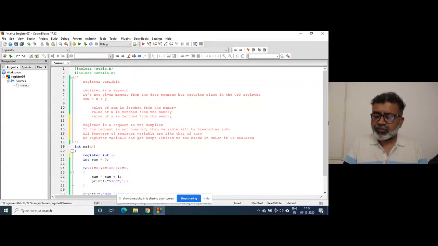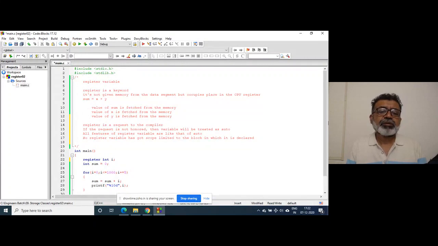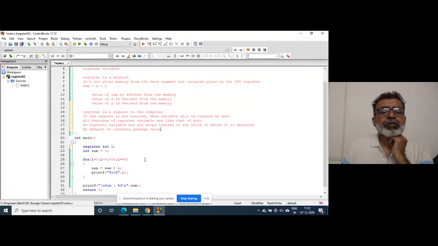Life is the same as an auto variable: the variable will be no more when control goes outside that function. The register will be gone. Similar to the auto variable, by default it contains a garbage value, like the register value.